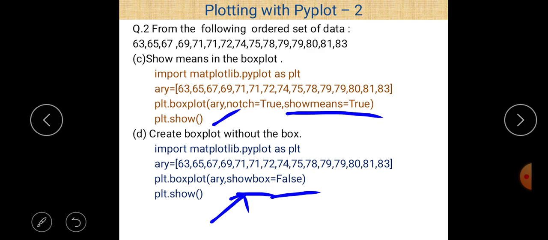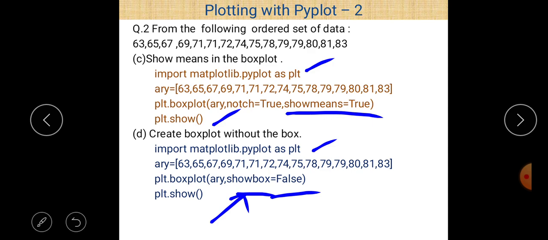Just like that, import matplotlib as plt is same in both the cases, because matplotlib is the name of the library. Pyplot is one of the interfaces of matplotlib, which has a collection of different methods like boxplot, plot, bar chart, bar method, etc., and show also.